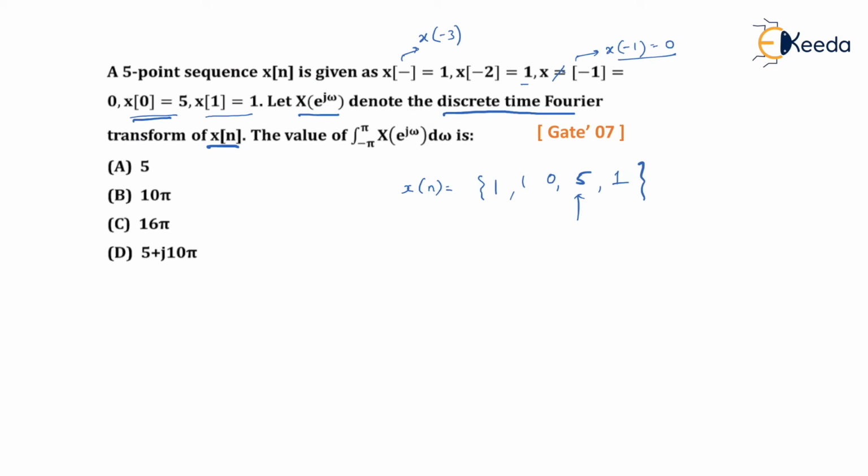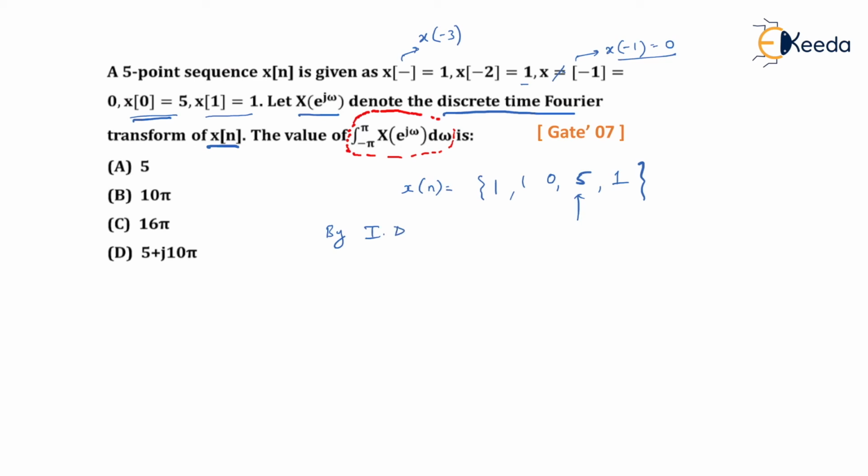You have to ask yourself: in the last video lecture, where have you seen this form? The form that I'm highlighting right now. What do you remember about this integration, where have you seen this type of integration? If you think carefully, and your observation is strong, then you will realize that you have seen this kind of integration while we learned the inverse discrete time Fourier transform formula. So it's a part of the inverse discrete time Fourier transform formula. That's not the exact formula. I'll tell you what the exact formula is.